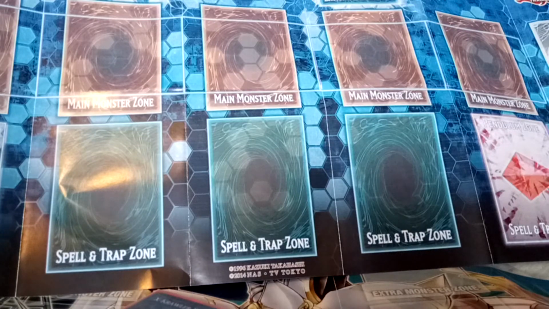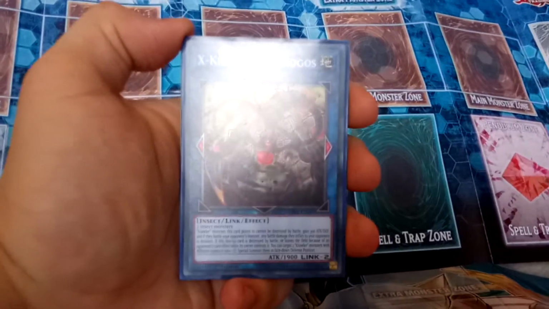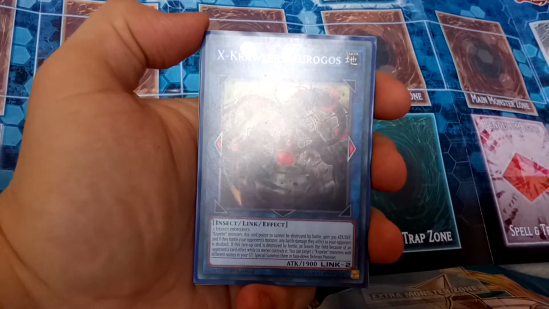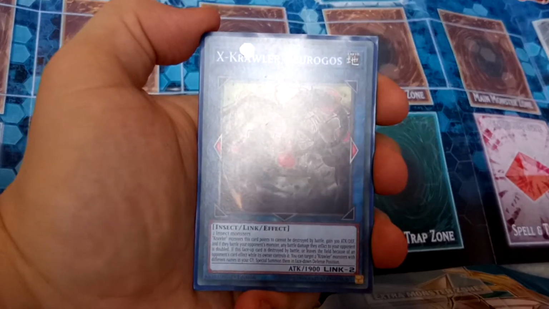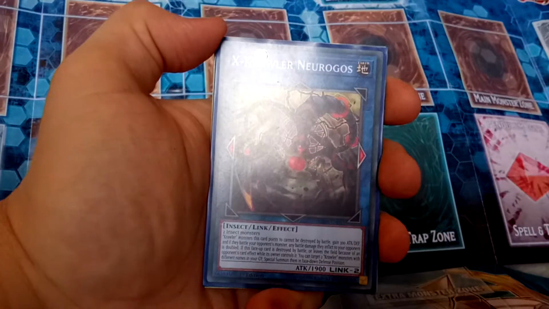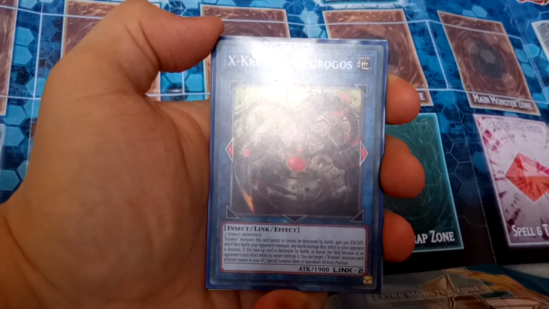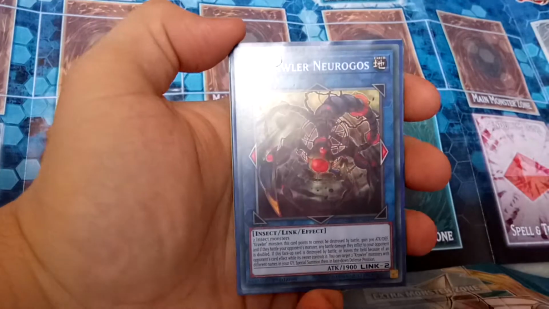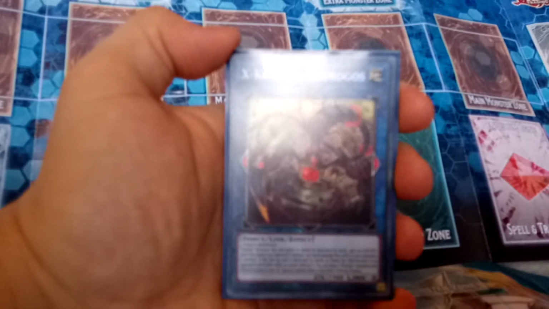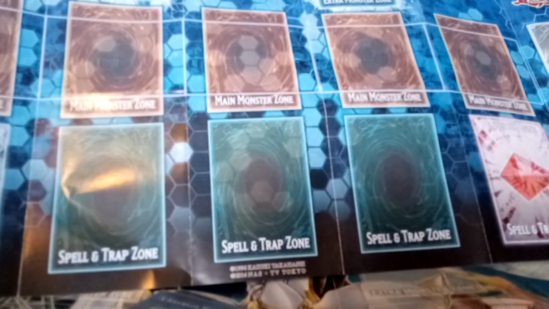Then the next one is X-Crawler Neurogos. This guy has the same second effect as I said, the same first effect. Pretty much Crawler monsters it points to cannot be destroyed by battle, and gain 300 attack and defense. But what is special about this guy is that the monsters it points to, if they battle opponents' monsters, any battle damage they inflict is doubled, which is pretty nice. And then the